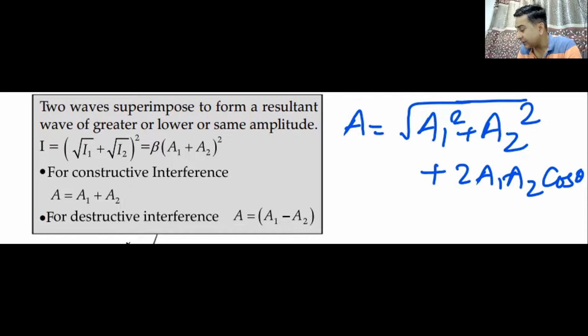If it is constructive interference, it happens when the value of theta is even multiples of pi. We have seen what happens for constructive interference. Amplitude becomes A1 plus A2, and for destructive interference, amplitude becomes A1 minus A2. Do we remember this? That was about